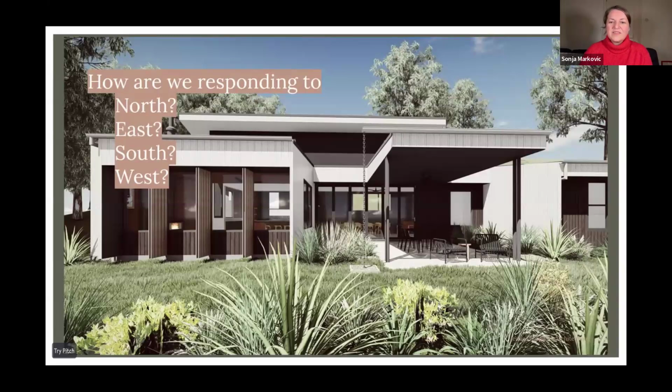Absolutely. So this is also that outdoor area, the seating, right? Yes, that's that space there. In terms of how we're responding to our different orientation, on our northern side, the really key thing is